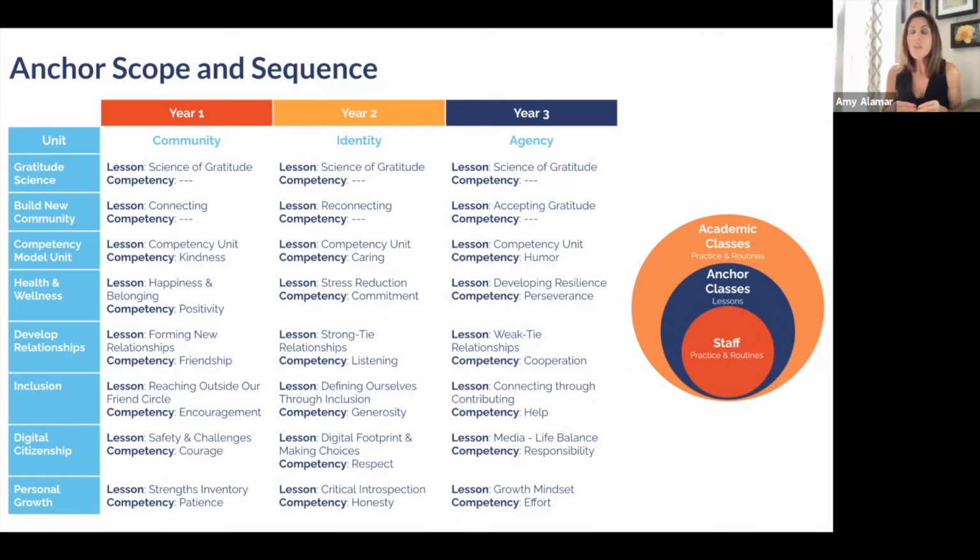So just note that that 3rd unit is where we start to introduce social emotional competencies. And so you can see in that 1st year, it's kindness. In the 2nd year, we start with caring. And in the 3rd year, we start with humor. You can rotate in your own social emotional competencies if you like, or you can stick with the ones that we've recommended here. As you go through that 3rd unit, it's going to wrap around that competency and really talk about